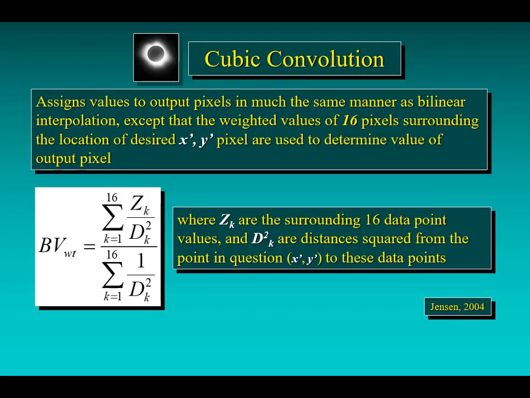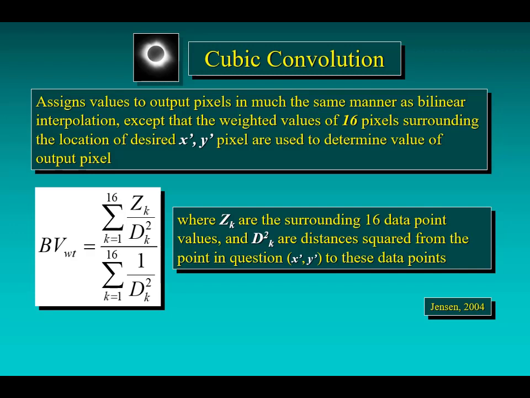And with cubic convolution, we're basically taking the bilinear interpolation process a step further, whereby instead of just the four surrounding pixel locations, we're taking into account a neighborhood of 16 pixels that surround the location of our desired x prime, y prime pixel location in order to determine the value of our output pixel or brightness value. So we see the equation there for cubic convolution, whereby we're computing this weighted brightness value utilizing the 16 surrounding